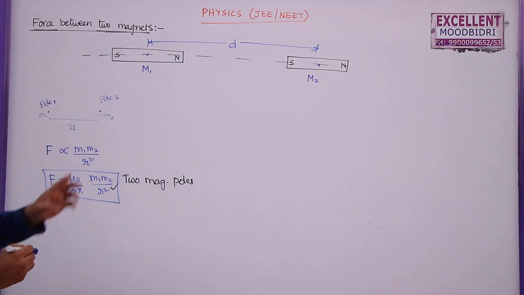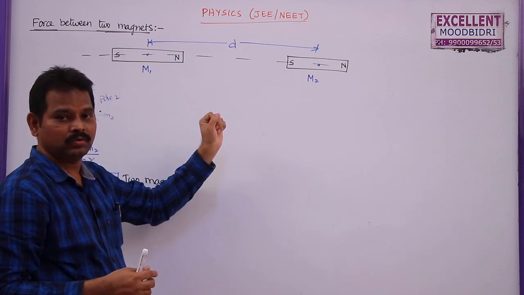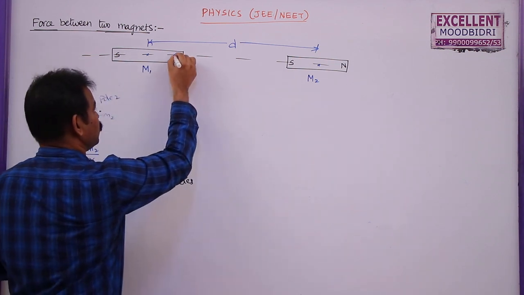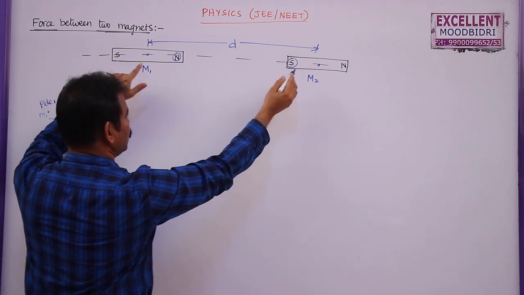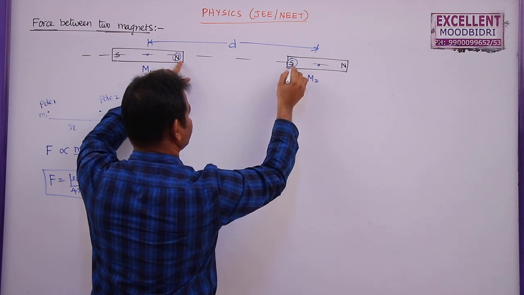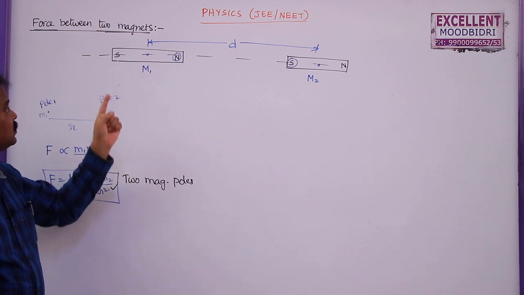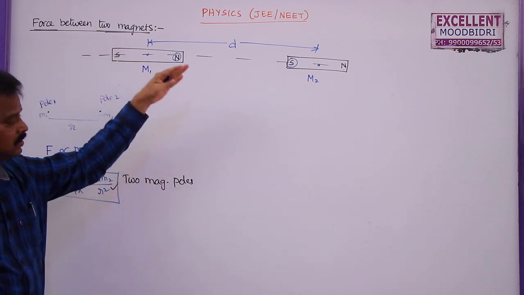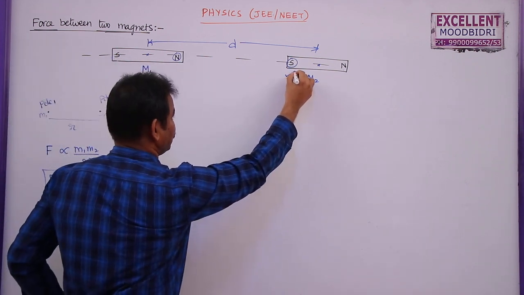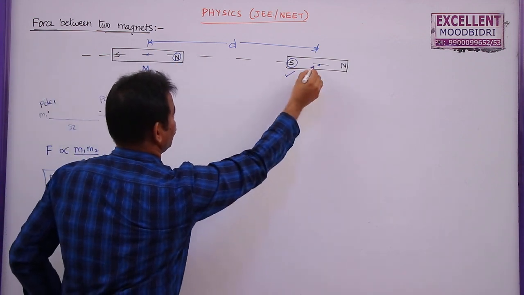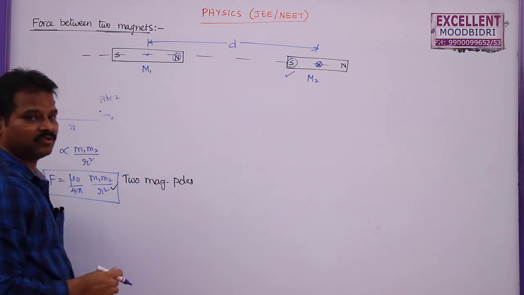So how to find the force between these two? Here we can find the force between these two by using this formula. This pole and this pole, one force. Repulsive force between these two, repulsive force between these two, attractive force between these two. So we will get four different forces, and the algebraic sum of all these forces will be equal to the force between two magnets, but it's a lengthy process. That's why I'm going to use the fact that the second magnet is placed on the axial line of the first bar magnet. So what is the magnetic field induction on this one?